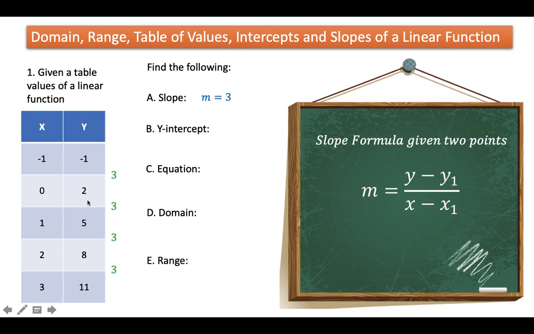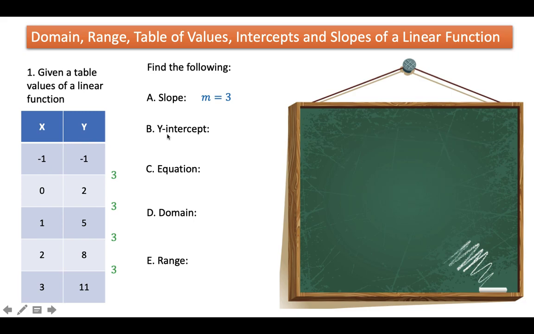How did we get this? That is the difference of the succeeding number and the preceding number in our y values. It is only true if the x values are arranged in consecutive order. Okay, for the y-intercept, since we know that when we say y-intercept, the value of x is 0, and luckily it is one of the given in our table. If x is 0, y is 2. So this 2 here is our y-intercept. We used b because this b represents the y-intercept in our slope-intercept form of linear equation.